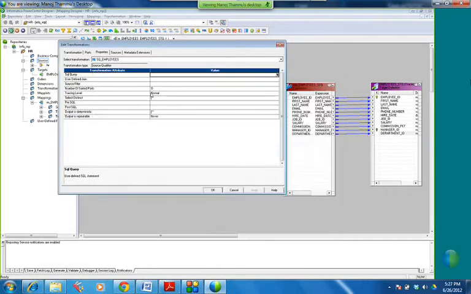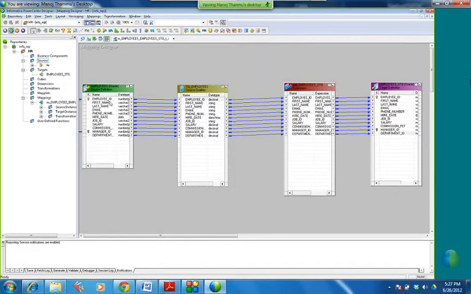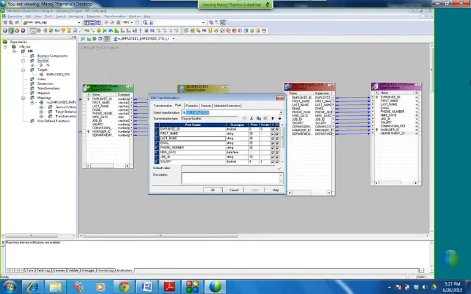So we call it SQL override, and in the ports it has input and output. What is input, what is output? If a port is coming from the previous transformation, it is input. If a port is going to the next transformation, it is output. So the source qualifier has both input and output, whereas the source definition has only output, see?